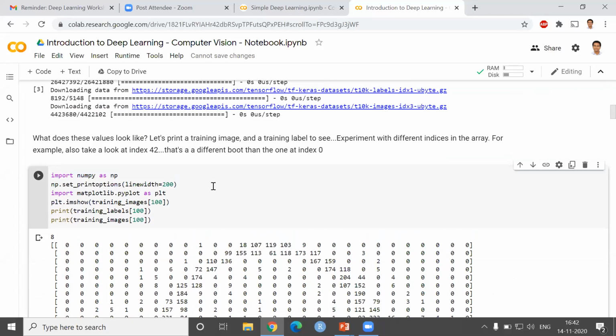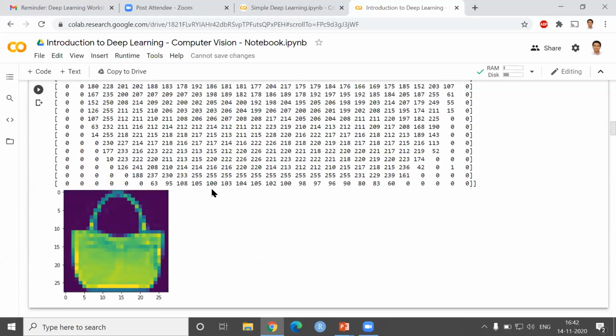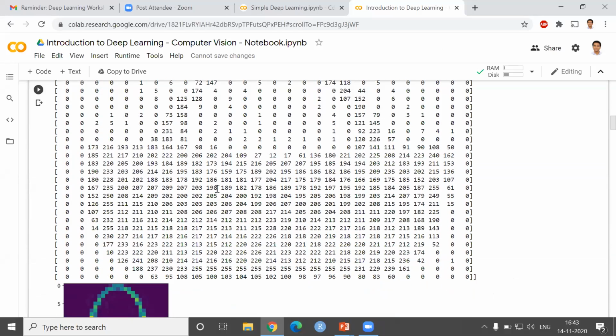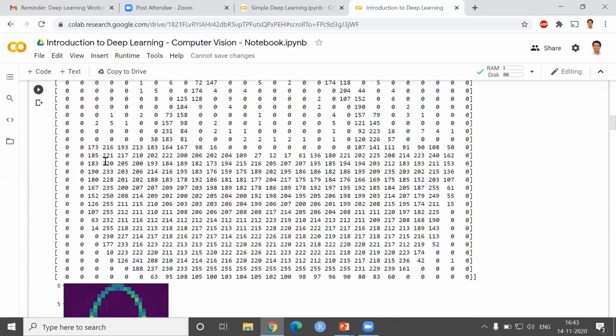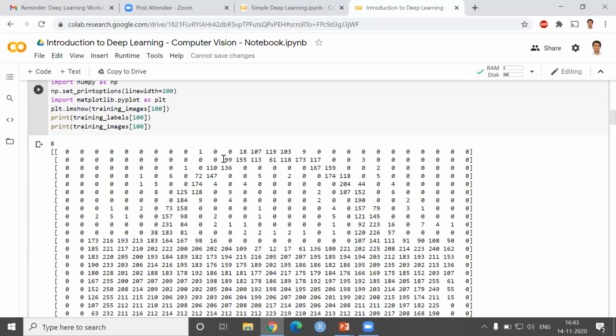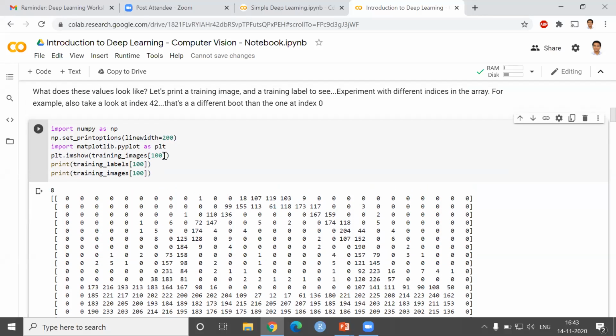So this data set has various types of images, and even if it is an image, the computer can only understand numbers. That is why you have all these pixel values displayed here. So what is that? Here they have said, let's look at what is at index 42.